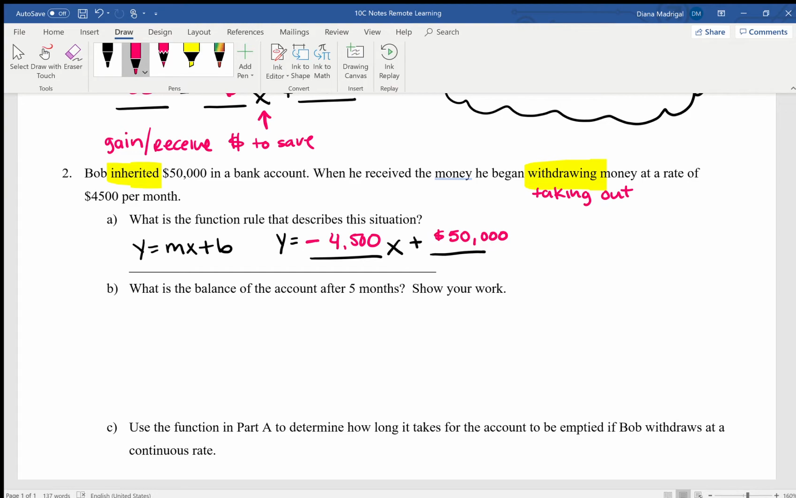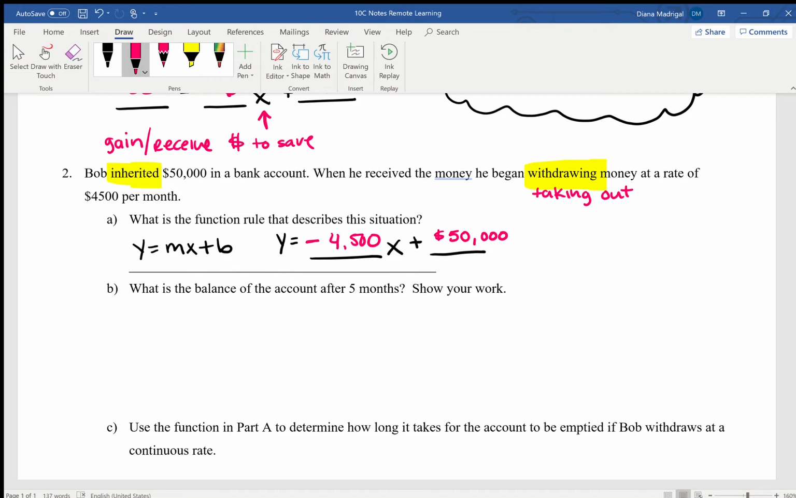y equals negative 4,500x plus 50,000. Okay, x is per month. We don't know how many months. So y means the total money you're going to have after certain months. That's why we don't know anything about y and we don't know anything about x. So that's my answer for